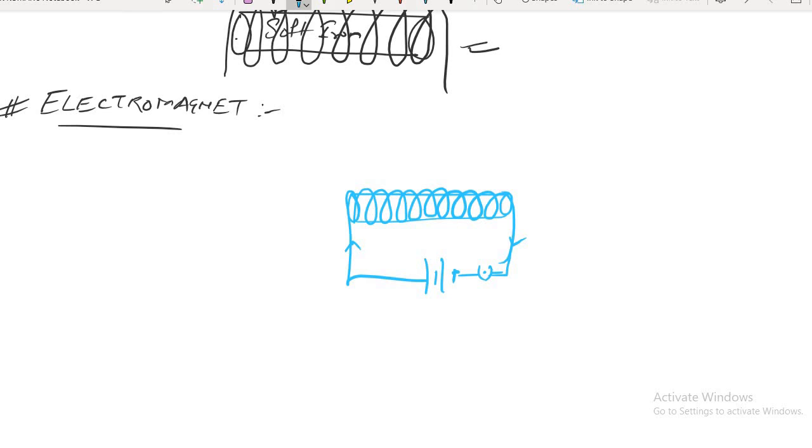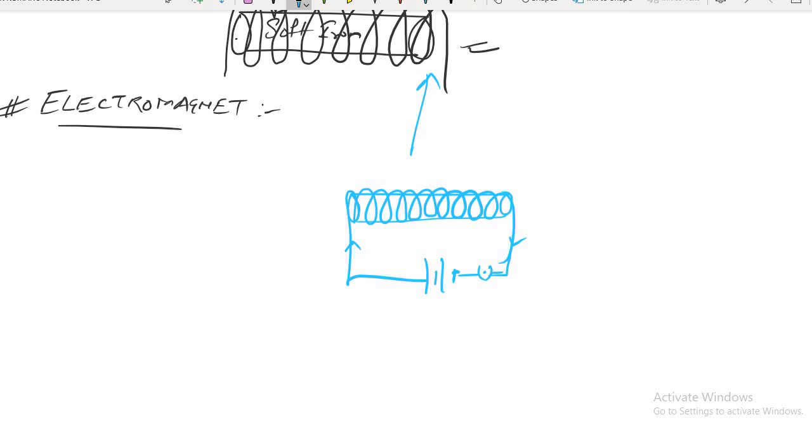So remember, this is the arrangement that I have shown right now above. What we have done, we have taken a soft iron core. Any iron core works best.